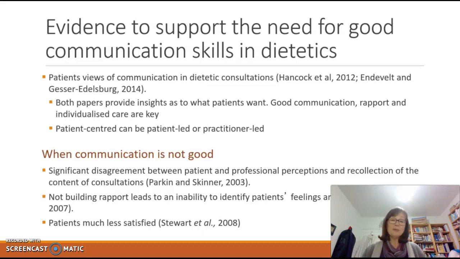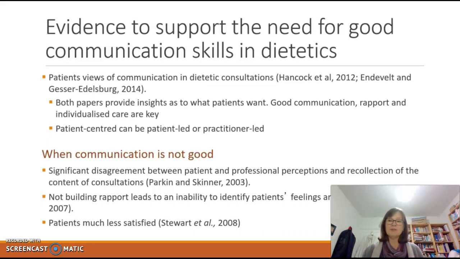And if we don't build rapport, people aren't as likely to tell us what really matters, how they're feeling about things, what they're worried about, their concerns. And all the time, if you're not getting a chance to voice your concerns, they're in the back of your mind. So people aren't focusing on what you're talking about. They are very much in the mindset of, I'm still thinking about this, I'm still worrying about this.